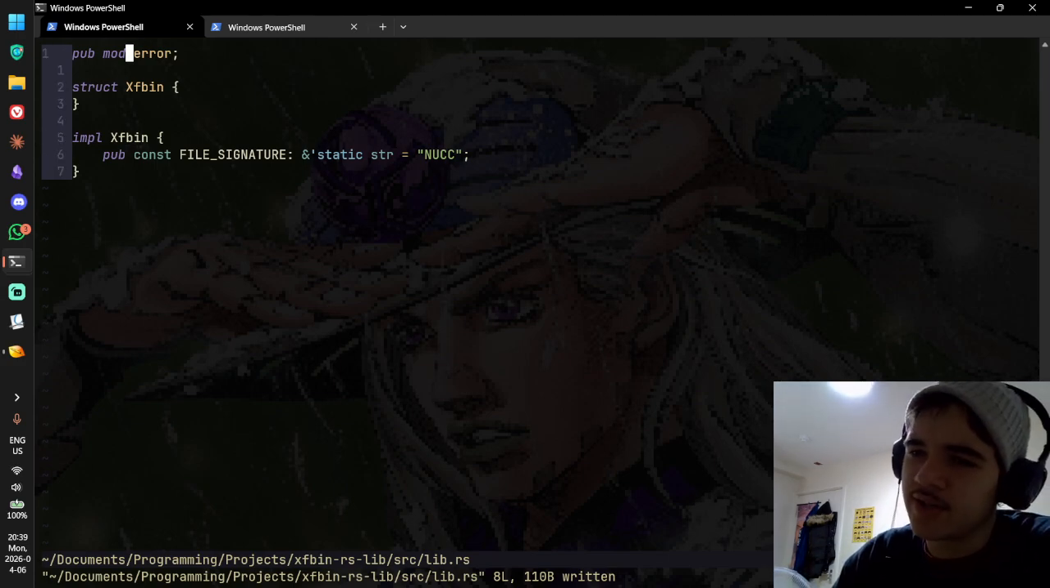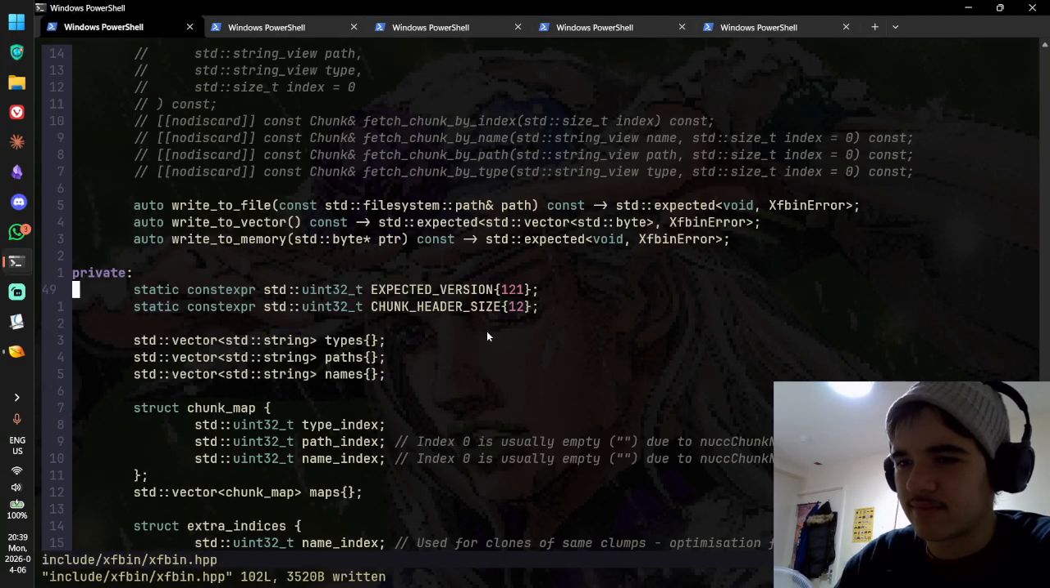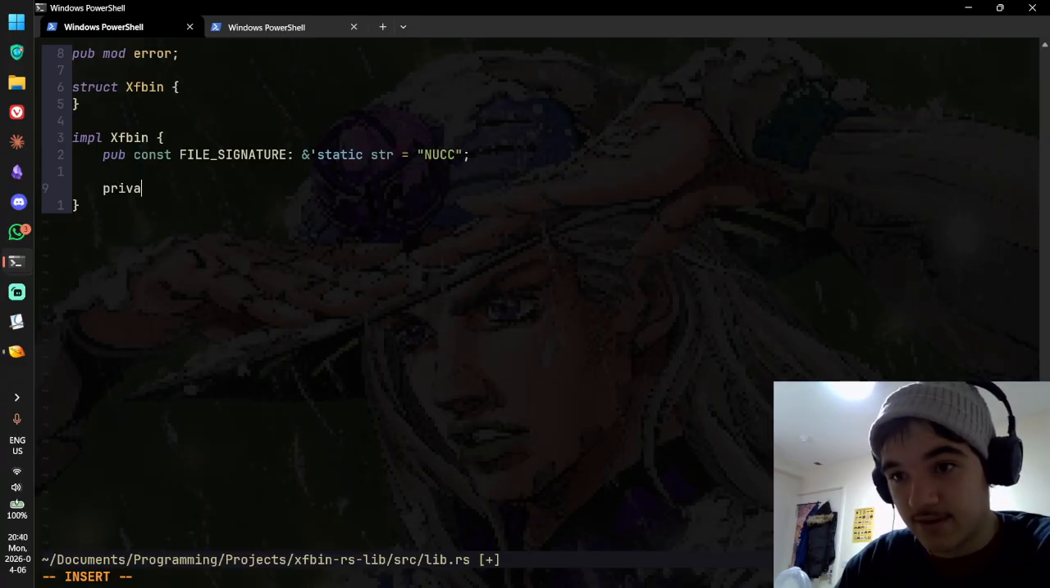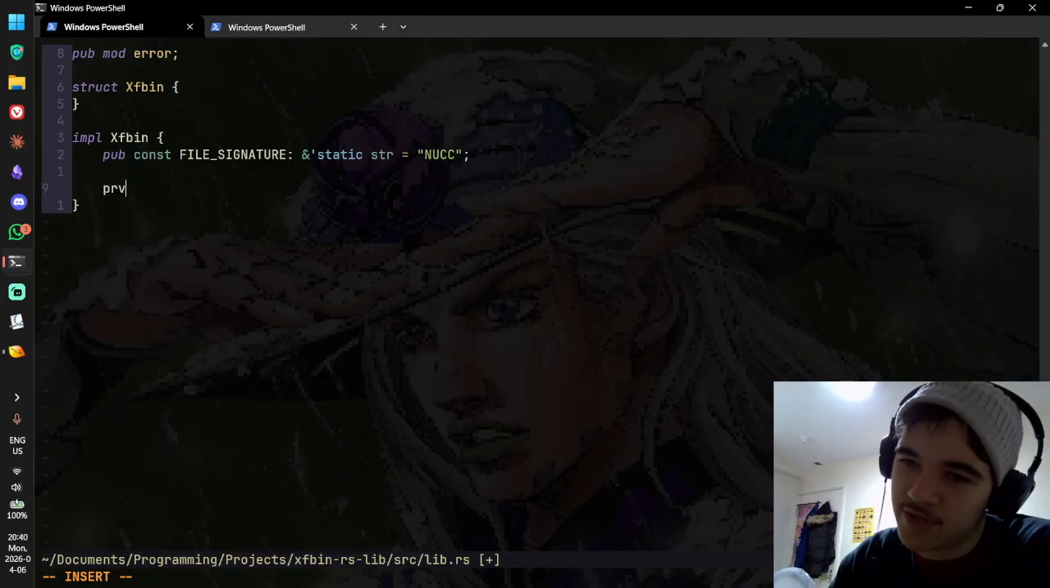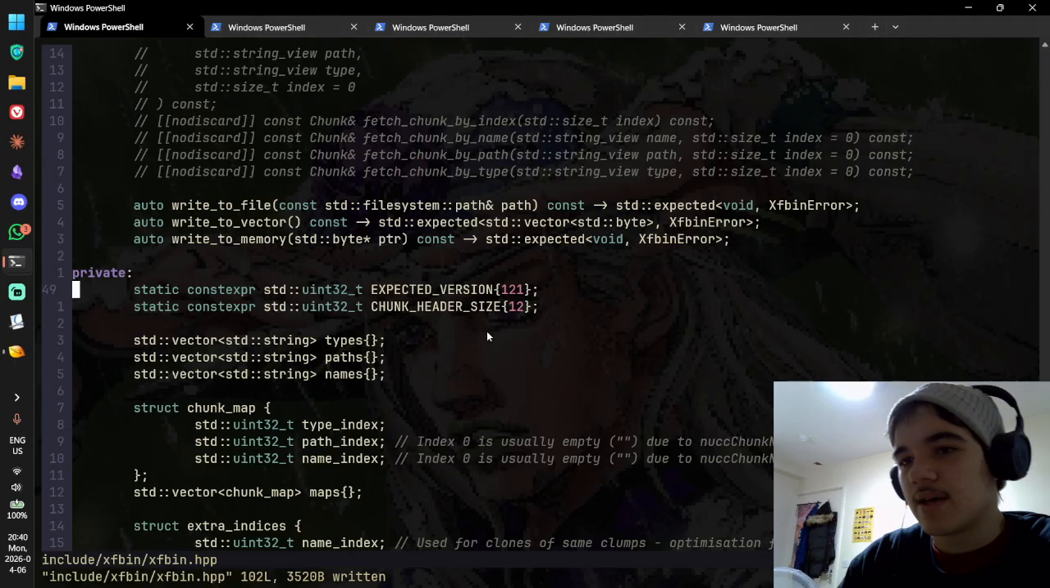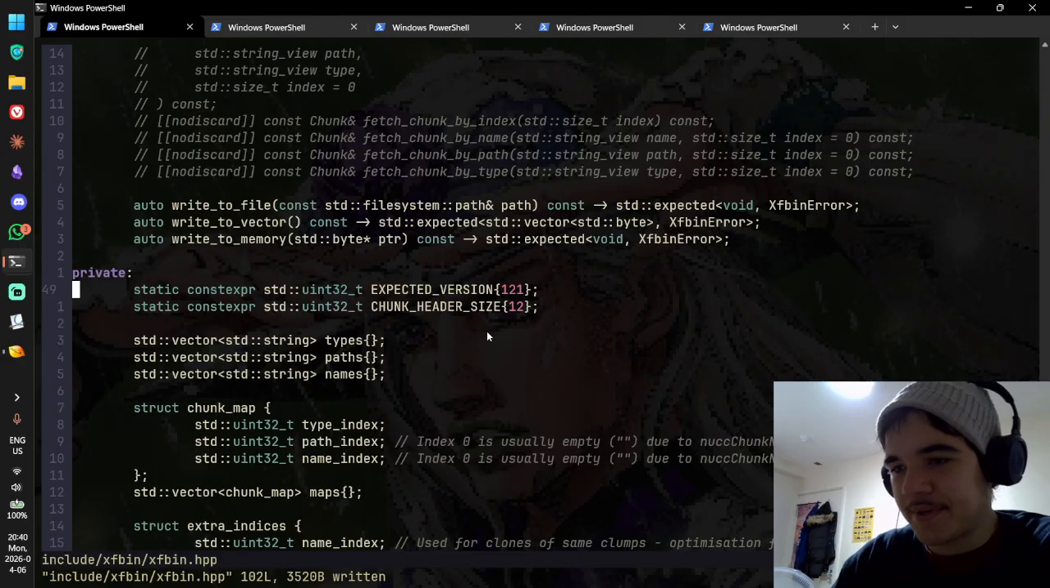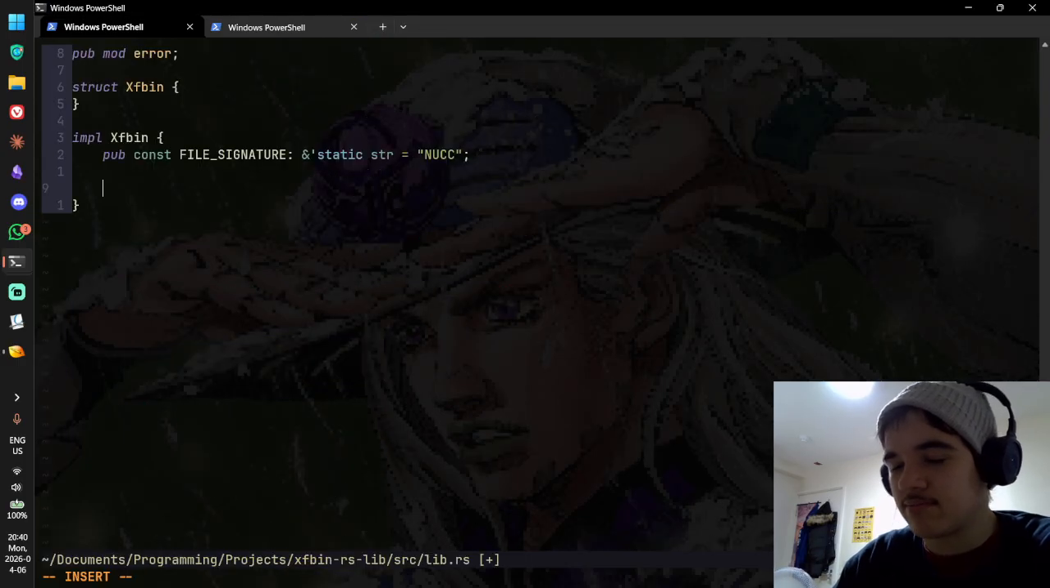But if they're private, they can just be outside, can't they? Well, I don't know. So private has no keyword. Priv is private. Is priv a reserved keyword? Must be. Private? No. Public? Interesting. So expected version. So const expected